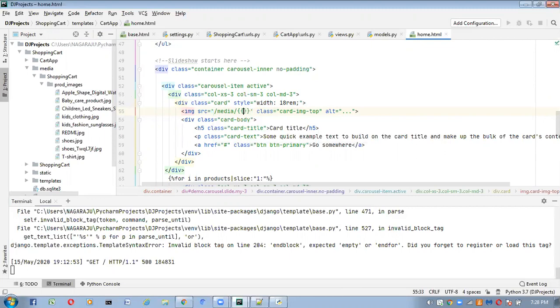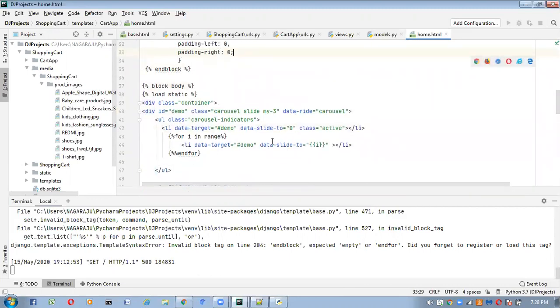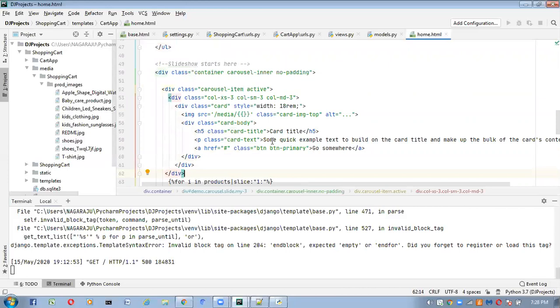Inside this I want to get an image, and what image will you get here? Here I means, what we are taking is i. Just a minute. See here we have, right? What is that? First one, image slides. Okay. Right here, what we have to take is product, I mean i, we have to take like this.